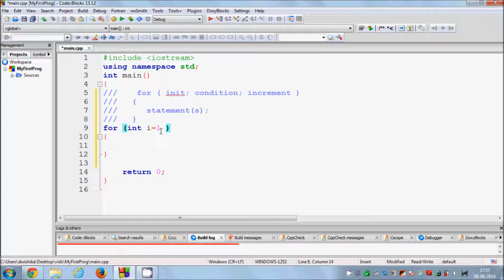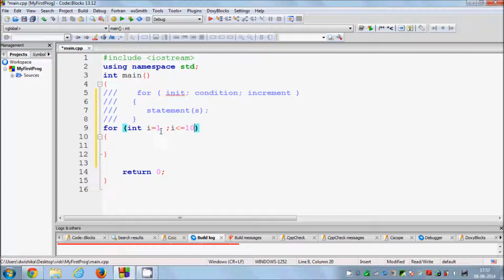Then I will separate it by semicolon. Then I will give the condition. So for example, I want to loop till my condition reaches 10. So i is less than or equal to 10. Okay,